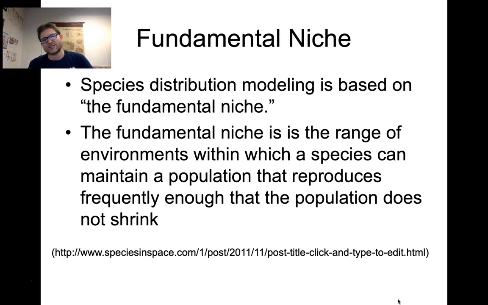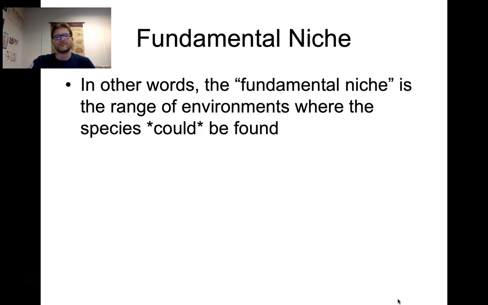So that's the fundamental niche. The fundamental niche is the range of environments within which the species can persist, that it can eke out a living, that it can survive. In other words, the fundamental niche is the range of environments where a species could be found. The fundamental niche is not the range of environments where the species is found, because there are other factors that could keep a species from being found in some environments. So for instance,